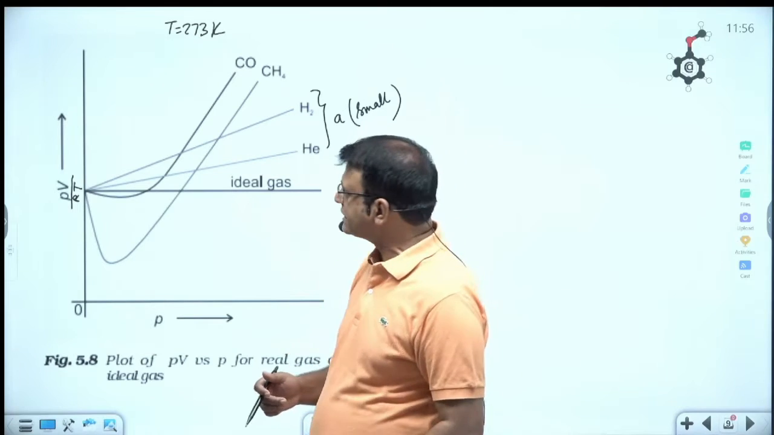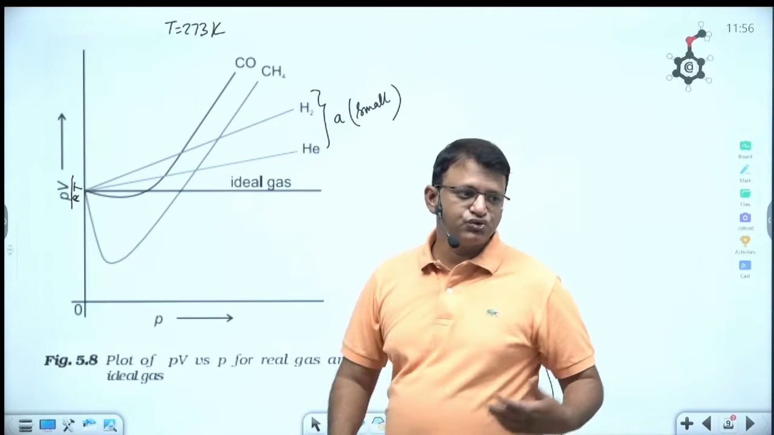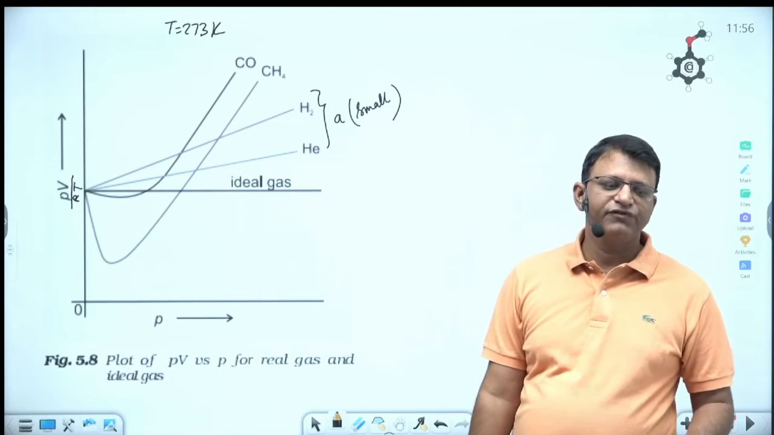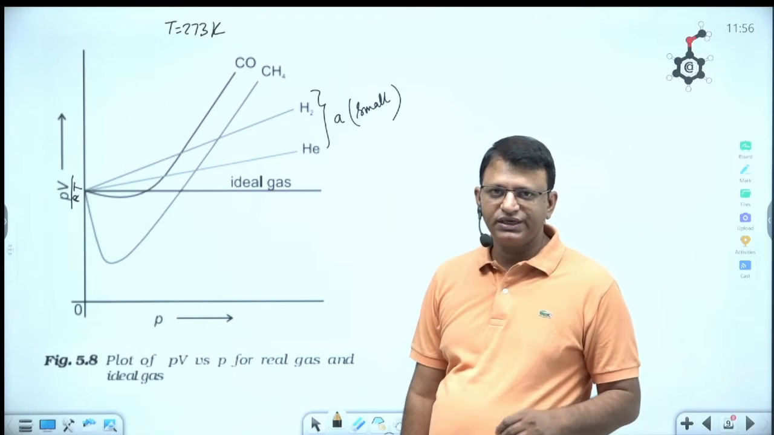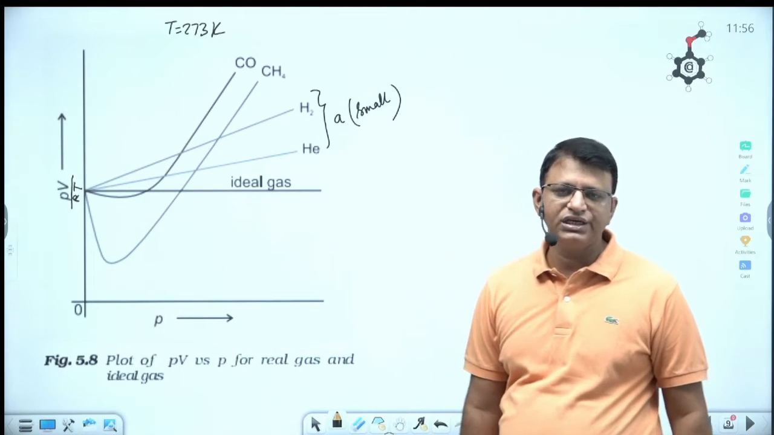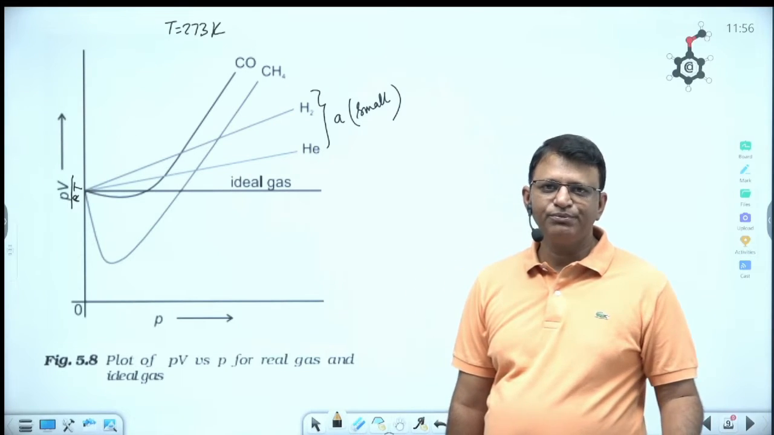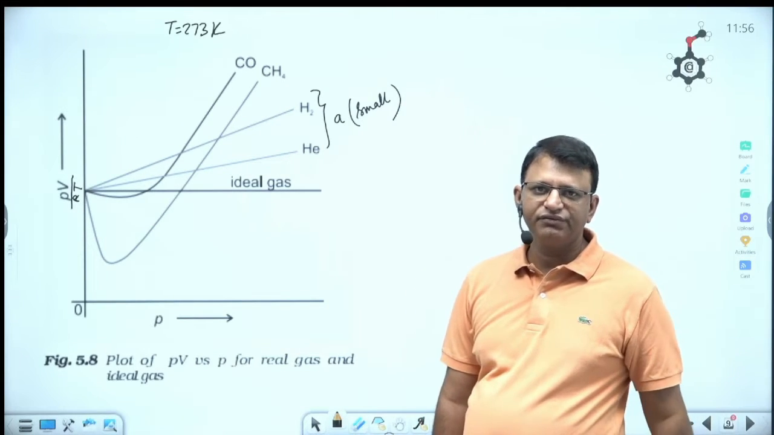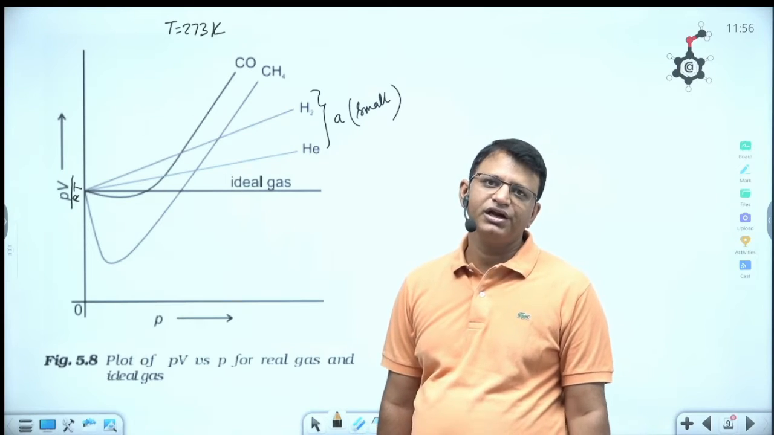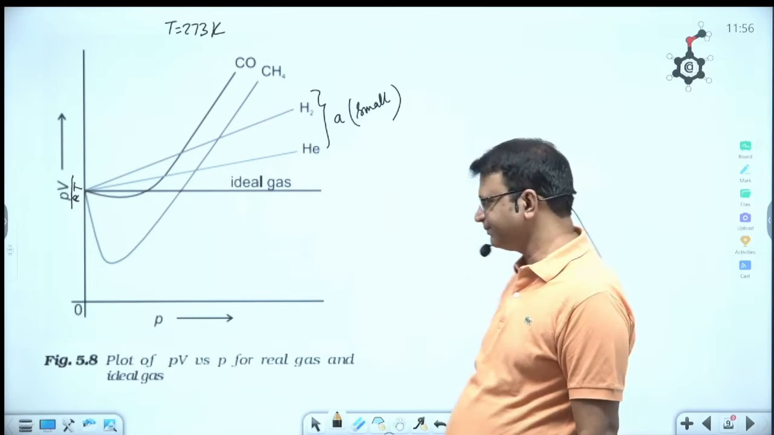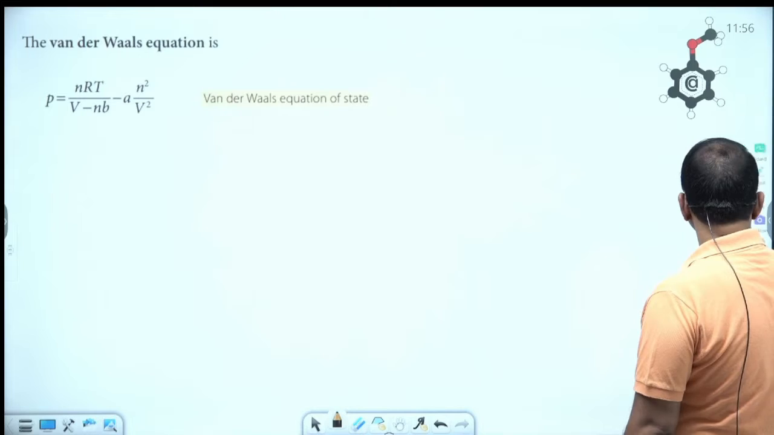So from this graph we can say that CH4 is easier to liquefy with respect to carbon monoxide, and we cannot liquefy hydrogen and helium gas at 273 Kelvin, because at this temperature Z is always greater than 1, meaning repulsive forces are dominating in the case of hydrogen and helium. So moving to the next part,